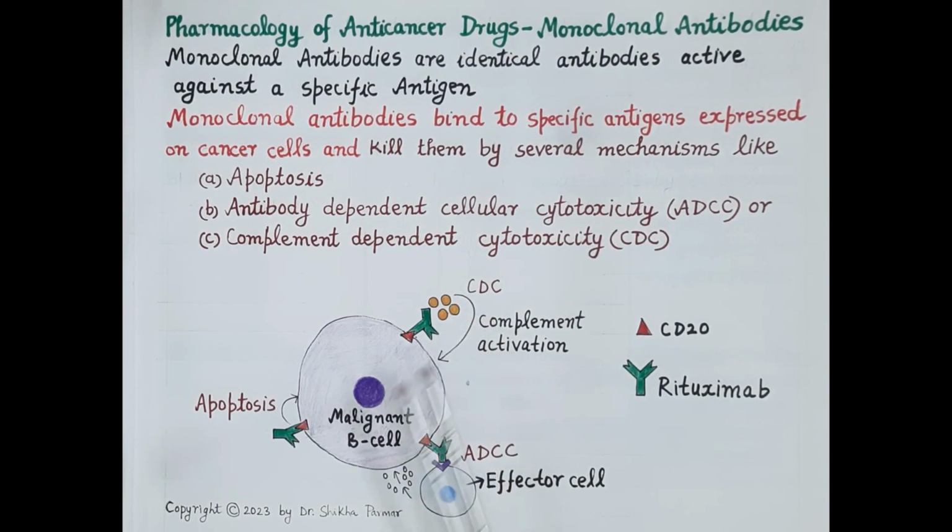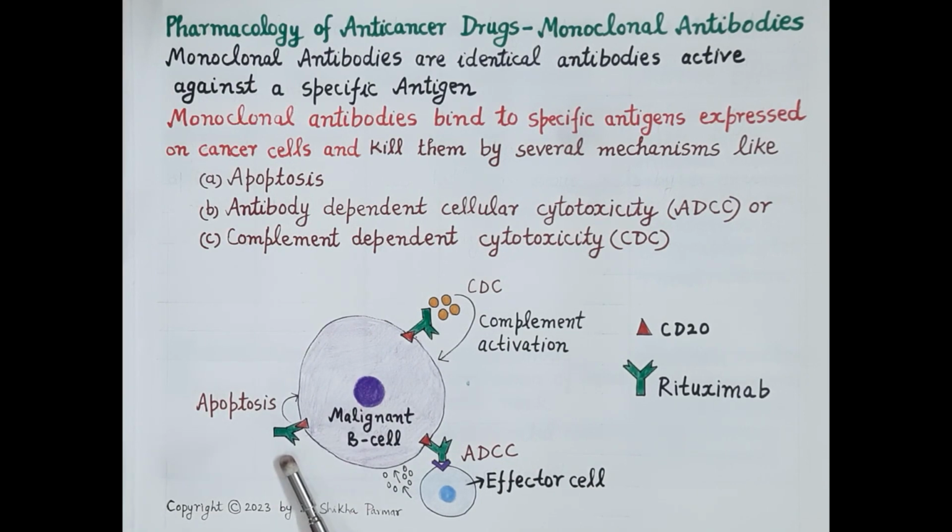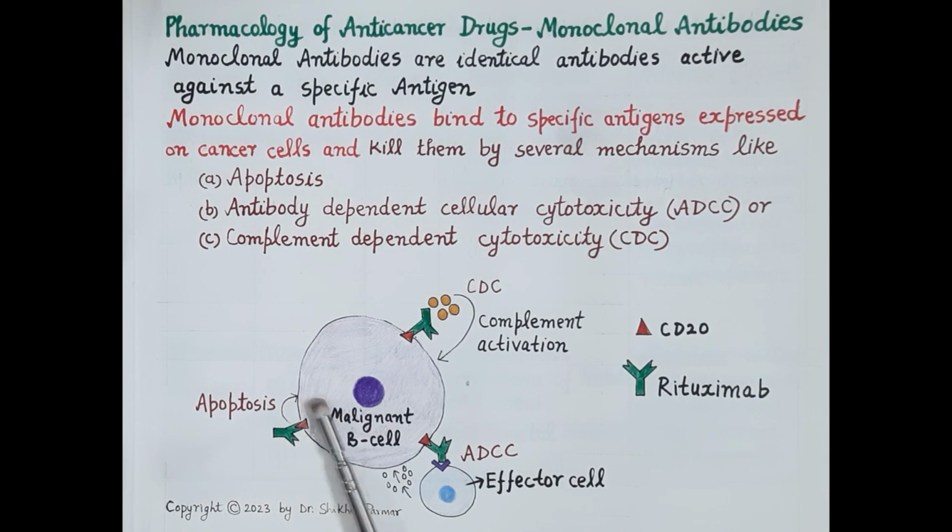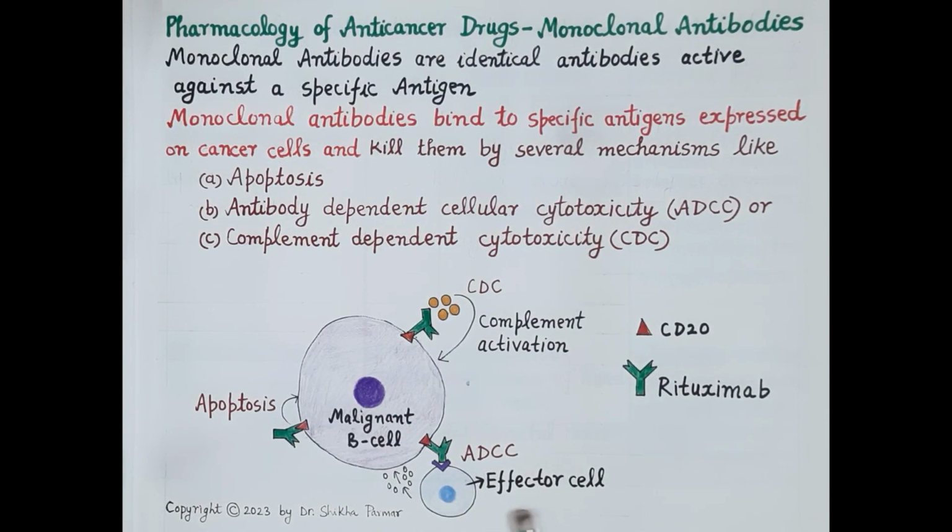Now, binding of monoclonal antibody, that is rituximab, to CD20 triggers apoptosis. That means it triggers the programmed cell death of this cancerous B cell. Now, monoclonal antibody also activates effector cells, that is effector T and B cells of the immune system, that kill the target malignant cell. Now, in addition to this,